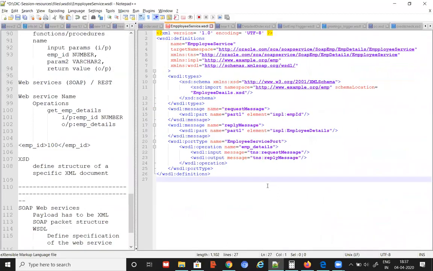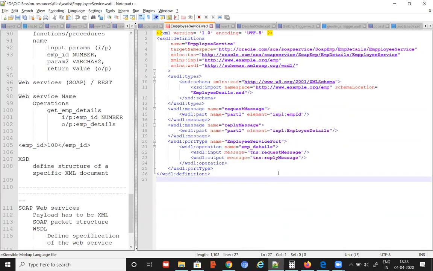But how do you read the WSDL? Whenever you open the WSDL, will you really read it like this? May not be, right? Usually you take the WSDL and create a SOAP project in some tool, like SOAP UI for testing, or JDeveloper if I'm developing integrations using SOA, etc. You can go to any of those tools, create one SOAP project or web service project, and use this WSDL document.